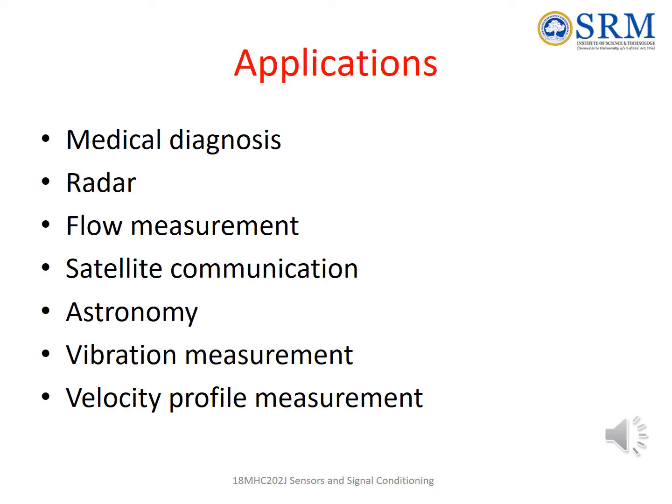Next, radar applications. It is used in radar to measure the speed of detected objects. For example, a police officer uses radar guns to check for speeding vehicles. How it works is the radar gun emits waves at a particular frequency, which when it strikes the vehicle bounces back towards the gun. The radar gun then measures the frequency of the returning waves, and eventually it determines the speed.